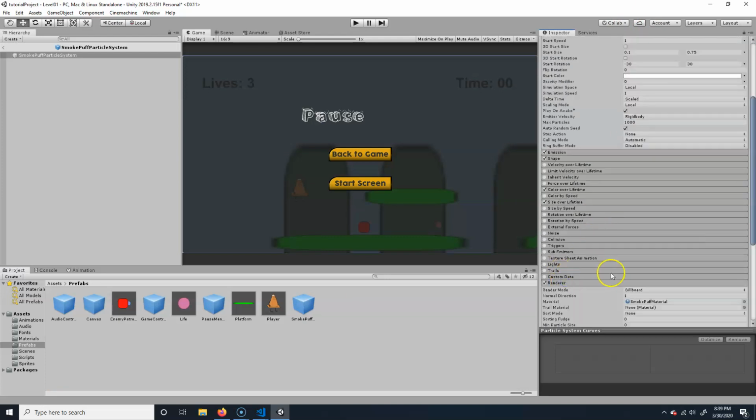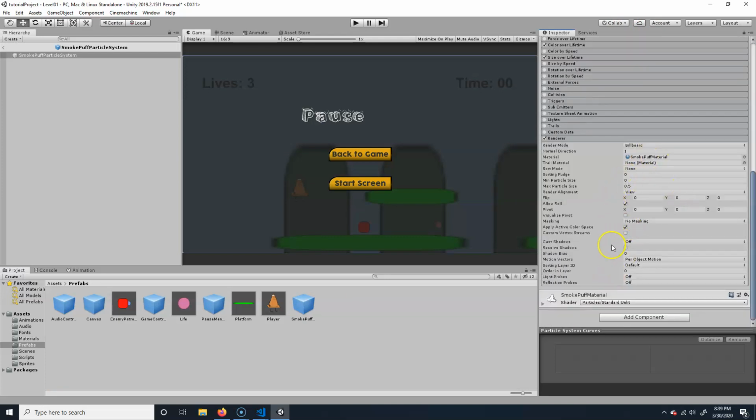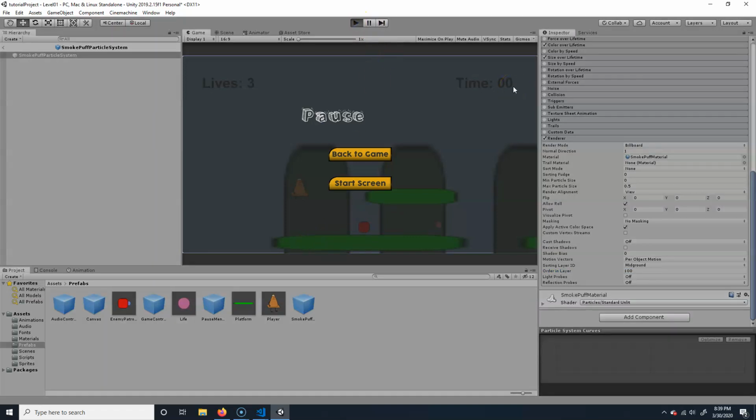Go down to the renderer, and then you'll see where it says sorting layer ID. Right now it's on default. You probably want to do maybe foreground to make sure it's in front of midground, or midground, and then maybe just put it high, like maybe 100 or something, and that should make it hopefully in front of everything else. And then if we hit play,